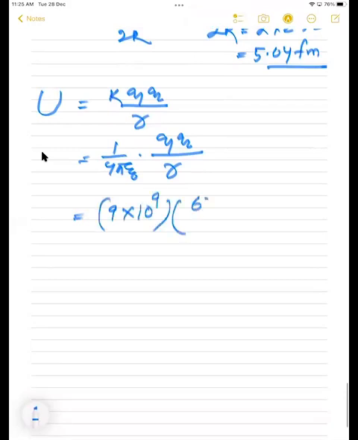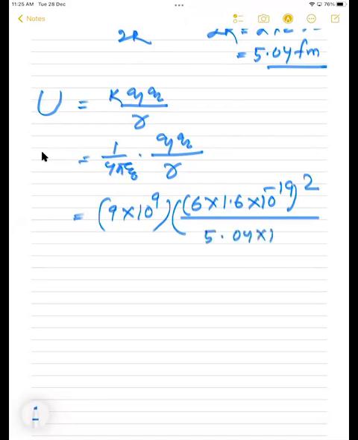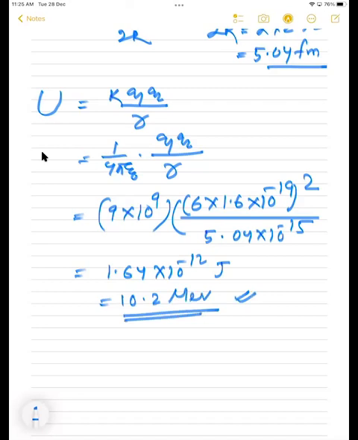Into charge is how much? 1.6 into 10 to the minus 19, 6 इलेक्ट्रॉन हैं कार्बन के, करेक्ट। दोनों का मल्टीप्लाई करेंगे तो स्क्वायर हो जाएगा, है कि नहीं? 6 into 1.6 into 10 to the minus 19 स्क्वायर, और नीचे रेडियस रखेंगे 5.04 into 10 to the minus 15। तो जब इसको पूरा सॉल्व कर देंगे तो आंसर आएगा 1.64 into 10 to the minus 12 जूल। So that is equal to 10.2 मेगा इलेक्ट्रॉन वोल्ट, अंडरस्टूड? अगर 1.6 से डिवाइड करेंगे तो इट विल बी 10.2 मेगा इलेक्ट्रॉन वोल्ट।